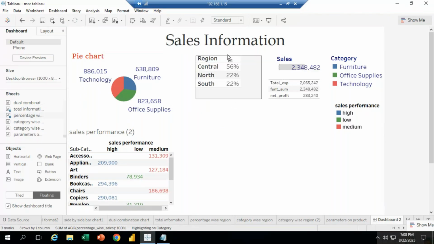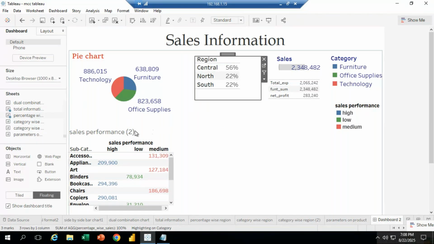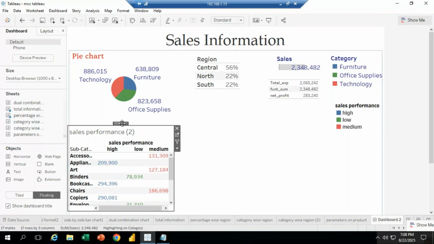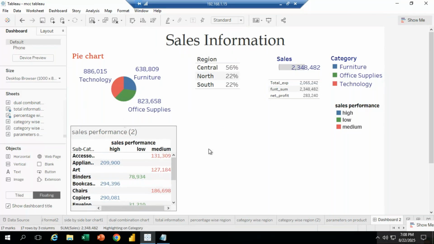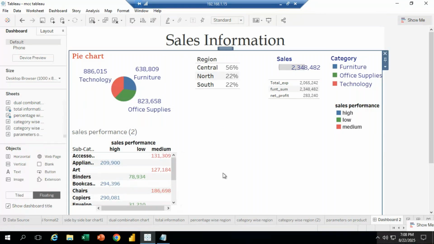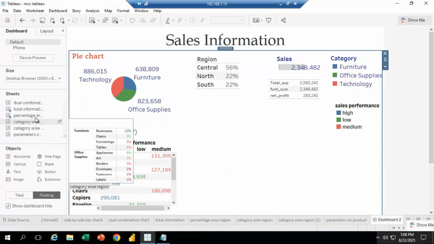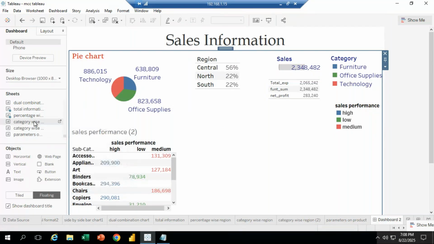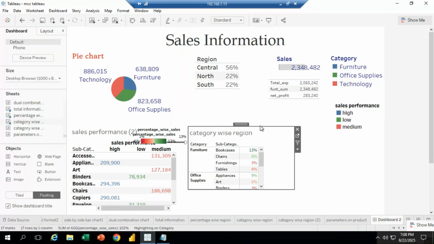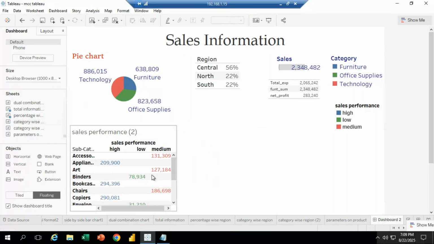All these sales information I dragged and dropped into the particular option. See now, we can scroll this one also. This is the sales. Again, percentage wise sales we have done, category wise sales, drag and drop here. Okay, category, no, I don't want this one. So in product we can take